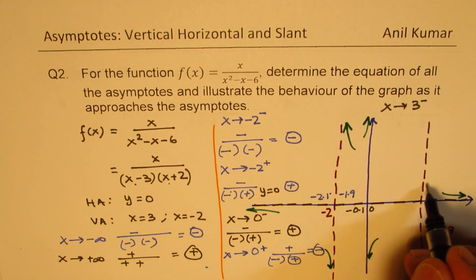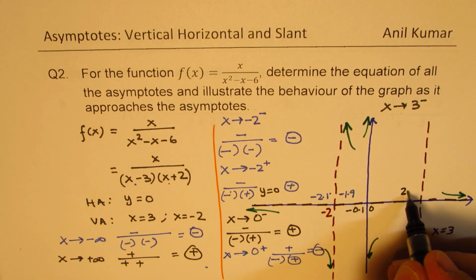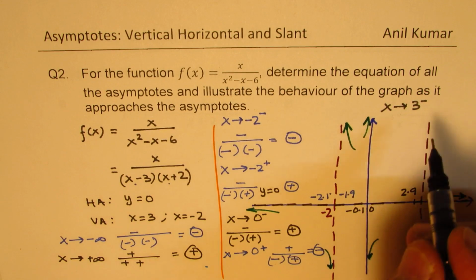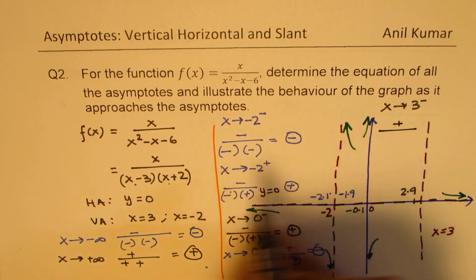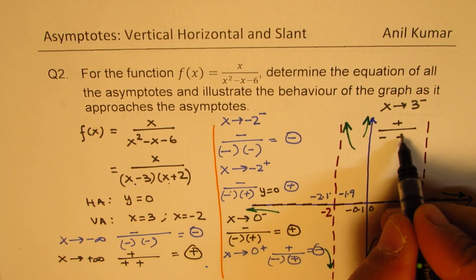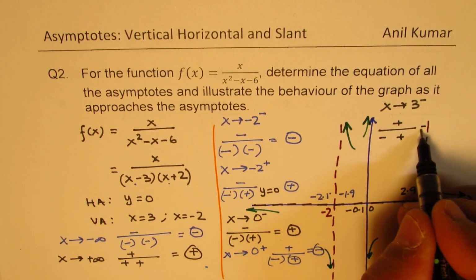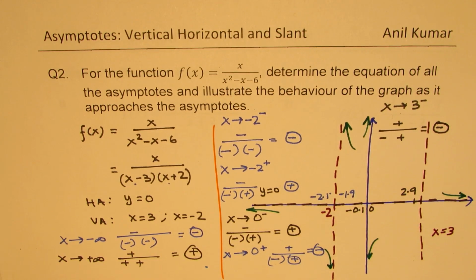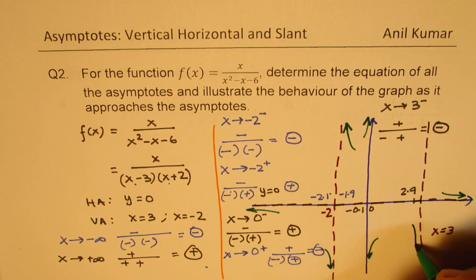So when we are approaching from the left side, think like this: 2.9 is your value. Is that okay? So if I write a positive 2.9, then this value is positive in the top. Here it is negative, right? And this is positive, correct? So there are one negative, so that will give you negative value, and therefore the function is going to go